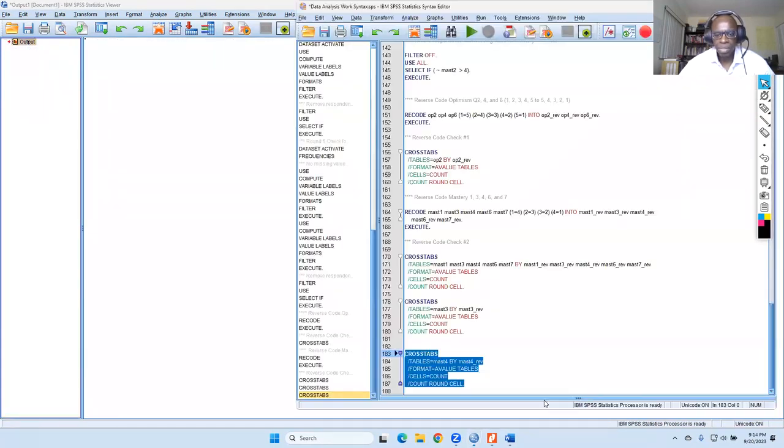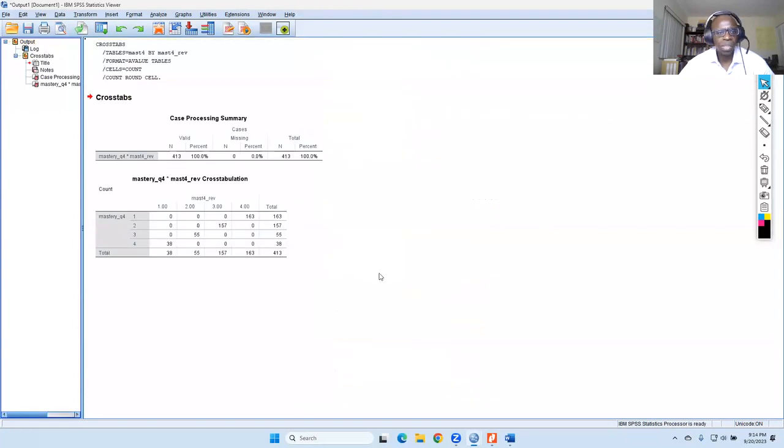That's why syntax is so beautiful, because you can do it so quickly. So again, we've got 4 and 1, 4 and 2 and 3, 3 and 2, 4 and 1. All right.